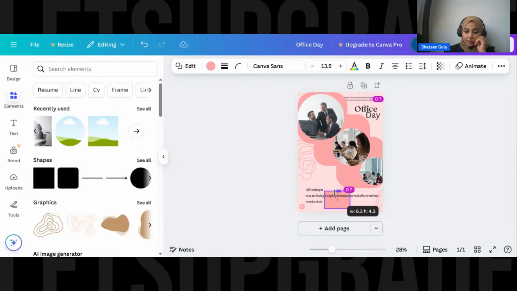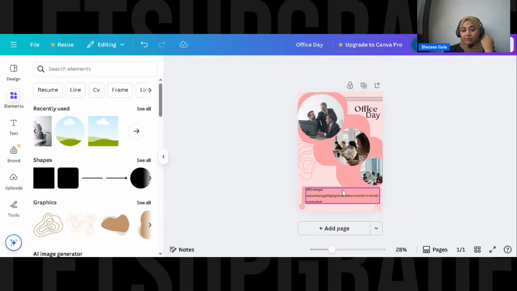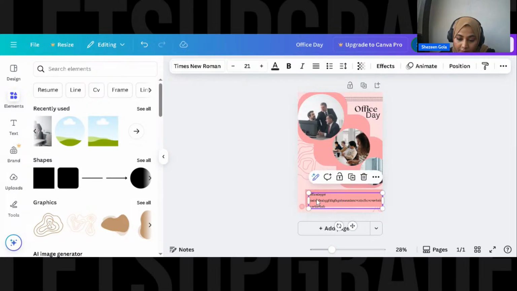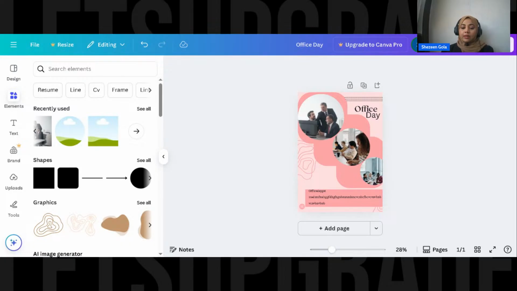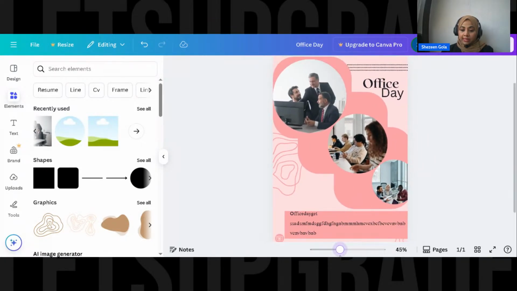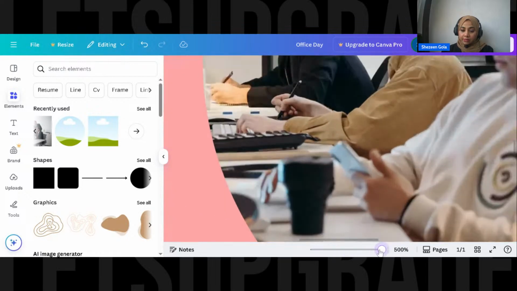So now what we are going to do is make it small, resize it. Okay, we have a table made for it.